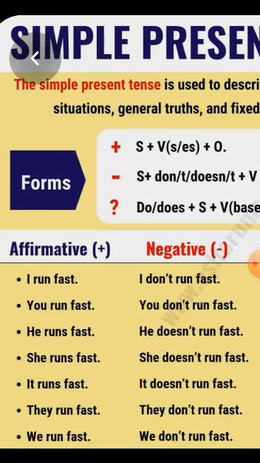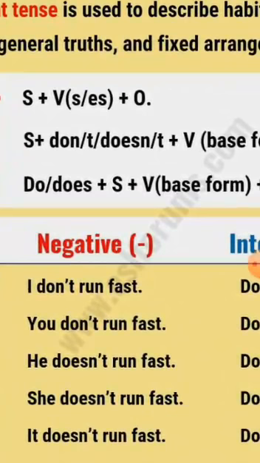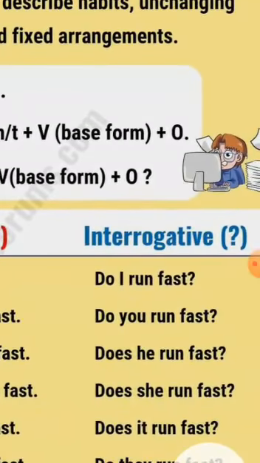Now the third one is interrogative. Interrogative means to ask something. Interrogate means to ask questions. But these are only yes-no questions, not WH questions. Here I am sharing the example with you, only yes-no questions. They are not the WH questions. And here I am going to explain the difference between a yes-no question and a WH question. First of all, we see the formula. In interrogative questions we will use do or does first, then the subject and the first form of the verb, and then object. Do I run fast?